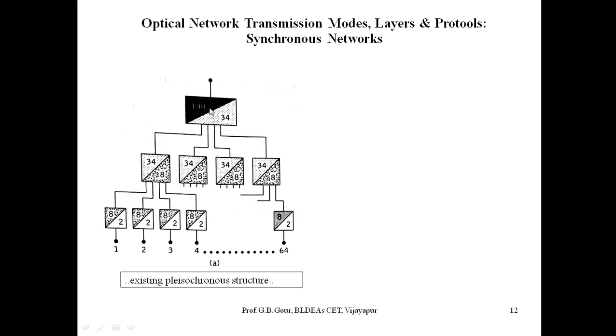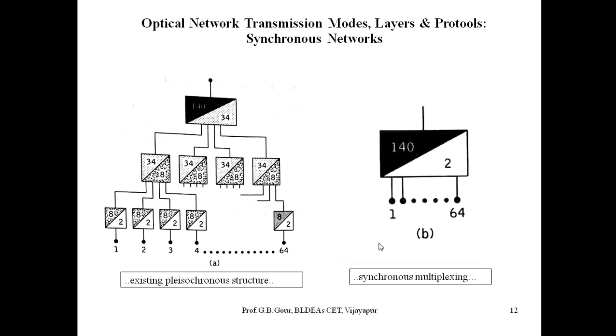Then 4 such supporting higher next one. The problem here is that the time delay is happening because each channel is having its own clock and they are not properly synchronized. Even though synchronized, practically it is not possible to arrive all of them at the same time. So that is called plesiochronous digital hierarchy, PDH.